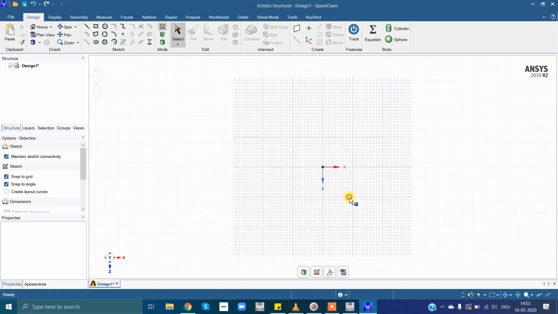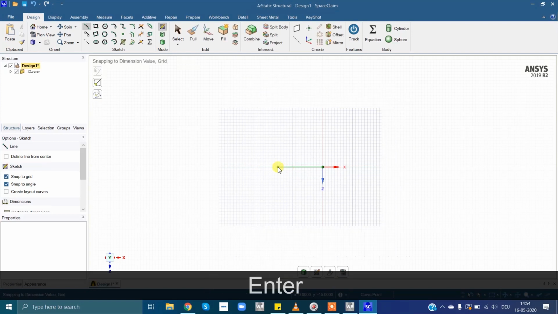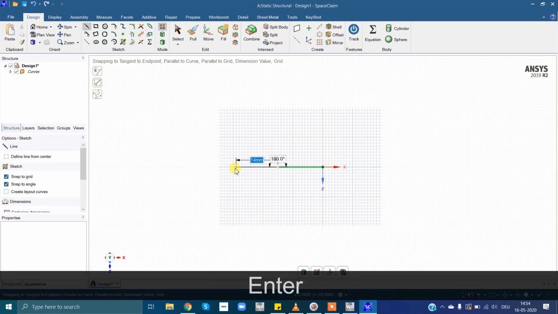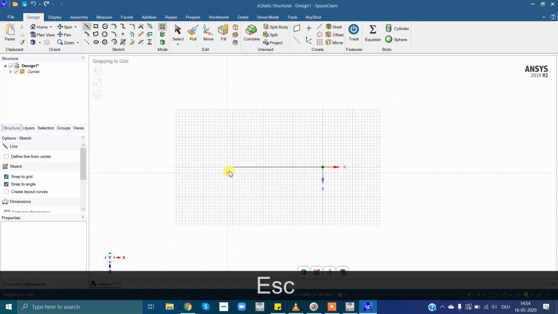Now, when you want to do analysis of beams, you know that a beam has various cross sections. So now I'll show you how to assign cross sections to a beam. Now, I'll draw the beam in 4 parts. Suppose you have a beam like this. The first part is of 15 mm. The second part is of 15 mm. Now, I'll mirror these 2 parts to this side.